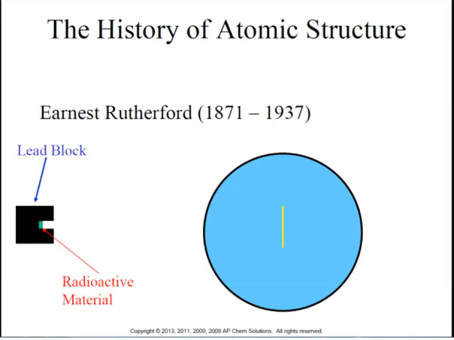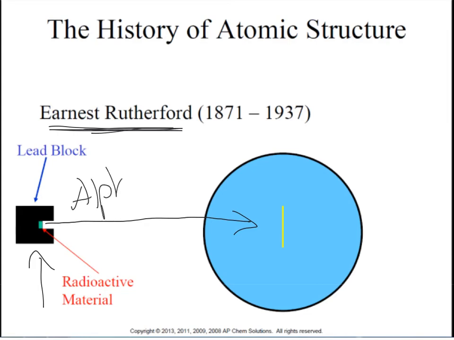So now how do we arrive at this more modern picture of the atom that we have now? Along came a guy named Ernest Rutherford, and him and his graduate assistant, James Marsden, came up with an experiment. They had a radioactive material in a lead block here. Since the lead block blocked everything, the only particles that could scatter out came out this way, and they were alpha particles, which Rutherford had determined are much like a helium nucleus. So he knew that they had mass and that they were positively charged.